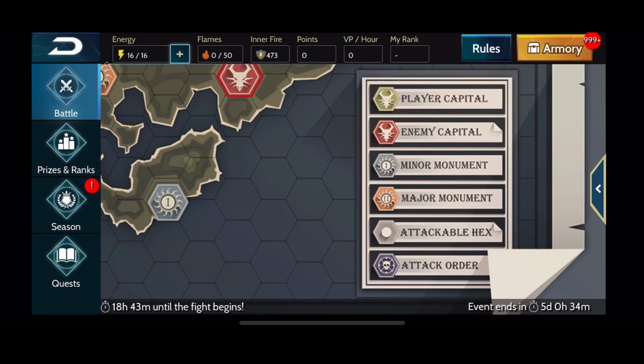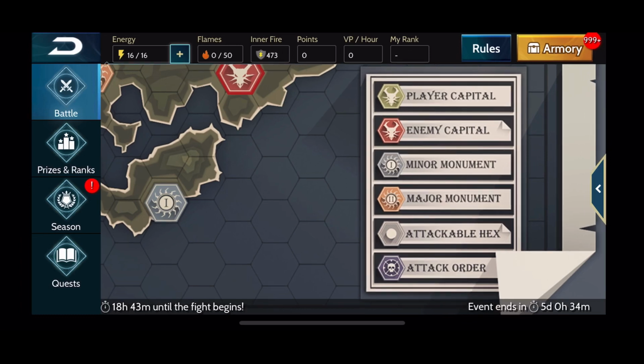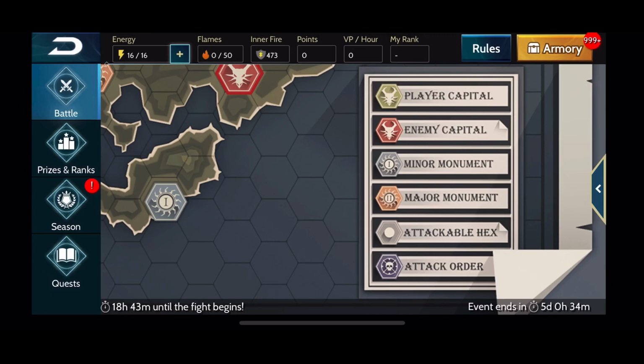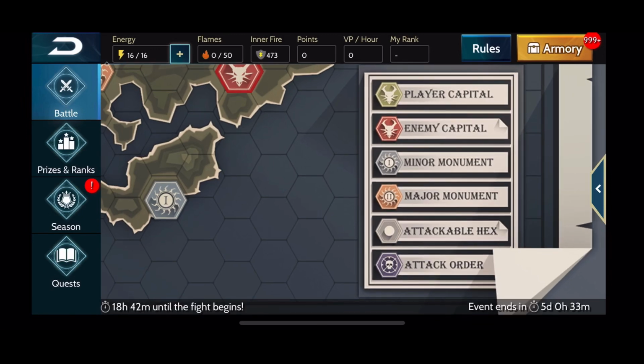Now, if you look down at the very bottom right-hand corner of the screen, you'll see this legend that explains what each tile means. The most important one that I want to explain is the one at the very bottom that says attack order. It's that dark one with a skull in the middle. This is the marked territories that your officers can select, which lets you know which ones to target. You want to work on that as a team because you want to score as many points as you can, as quick as you can, in order to take that territory before the enemy takes it over